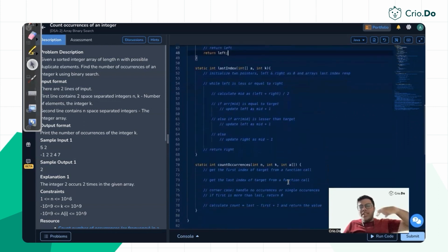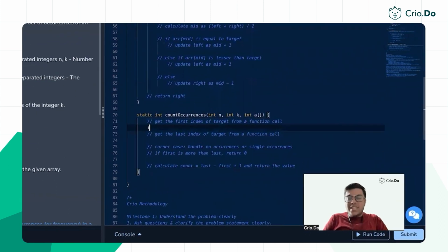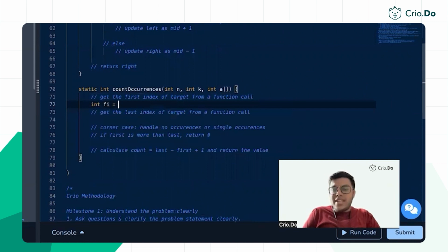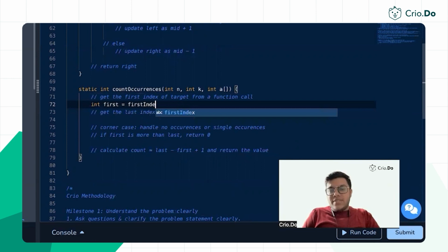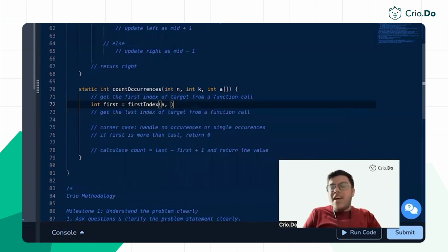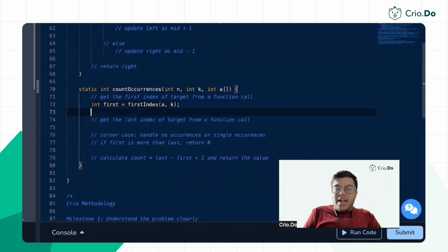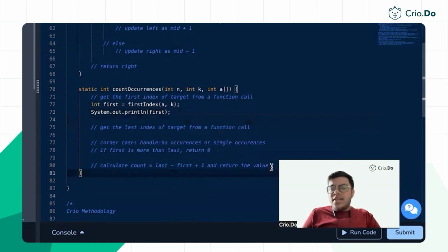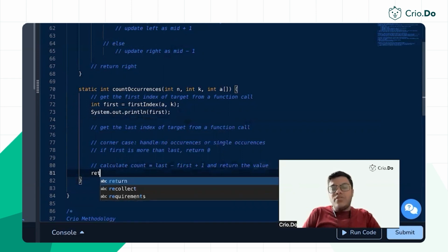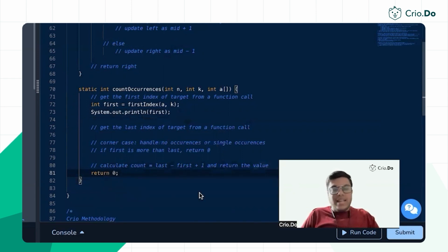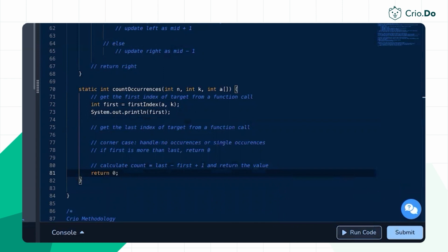So let's first do a dry run of the first index function only. Let's get the first index variable as fi, or you can say first is equal to the first index function, where I will be passing the array and the target k. And let's print the first index for now, with System.out.println, for the sample test case. And since the function is expecting to return something, we will be returning 0 for now, so that there is no compilation error. If I run the sample test case,